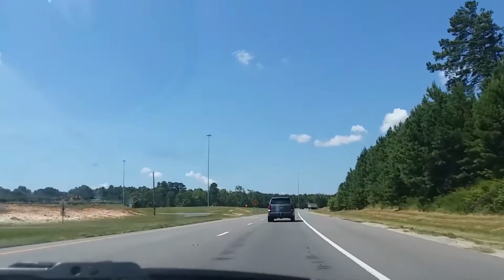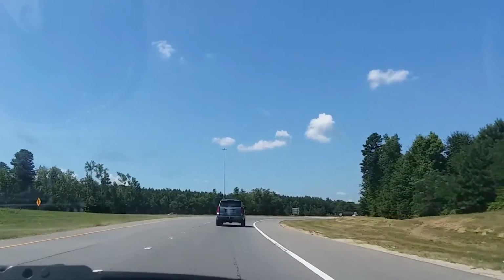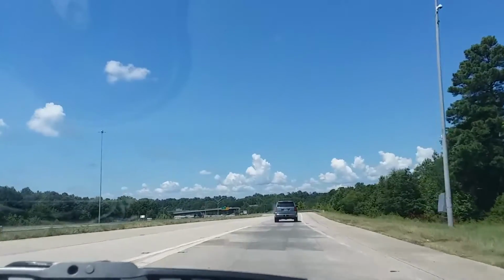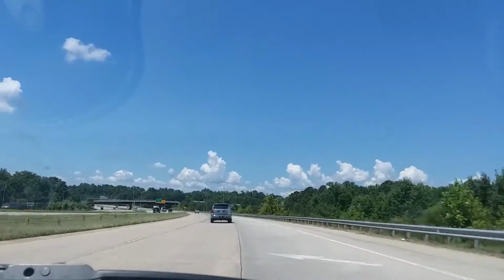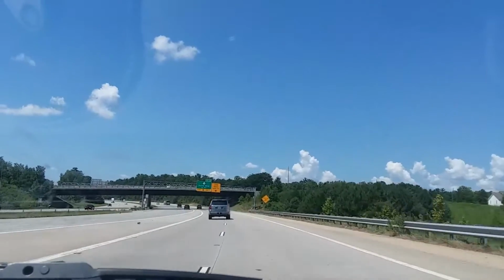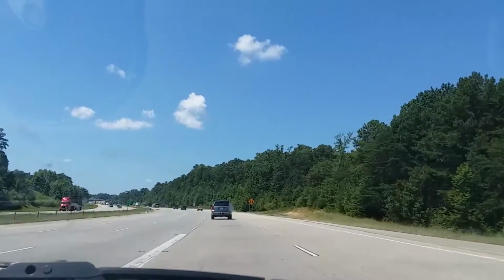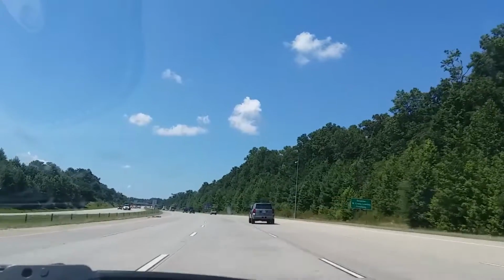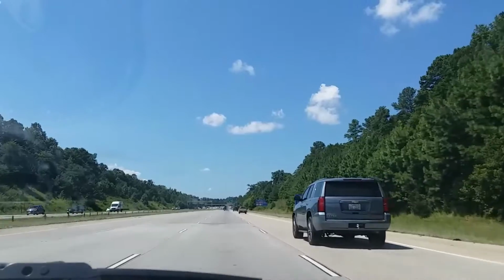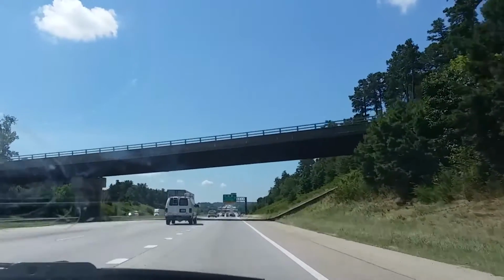Now, I've been on part of 485 before, the opposite end of it, but never this part, so this ought to be interesting. This is completely unfamiliar territory to me. Continue 10 miles on I-485 south. Exit 9-10 on right. Okay, now we're about to take the exit back to I-85,